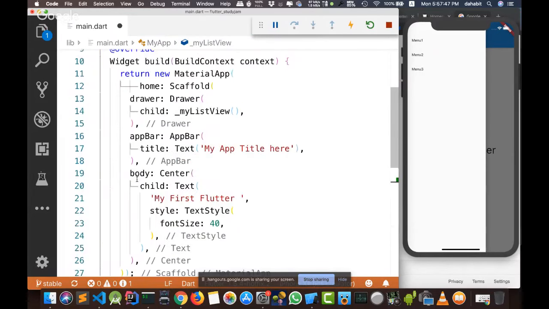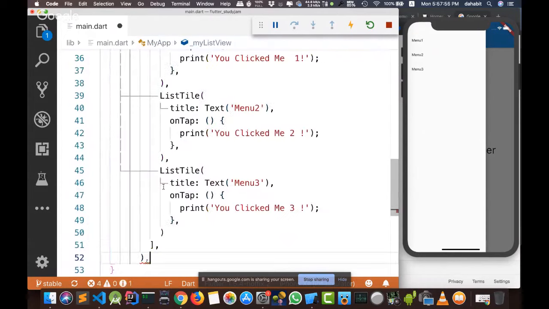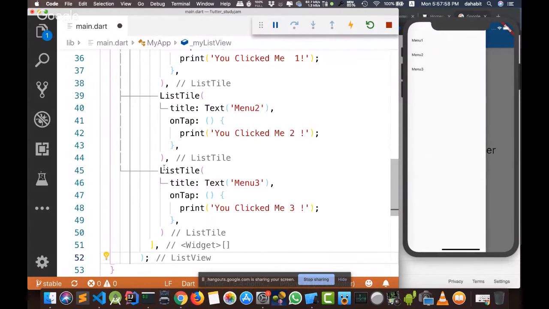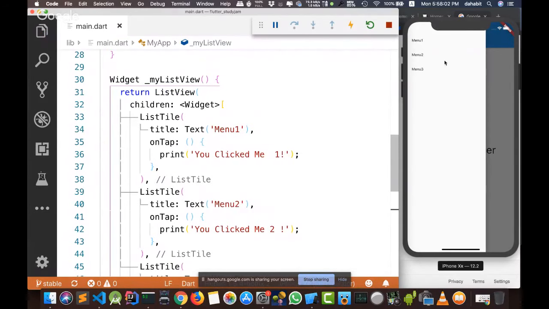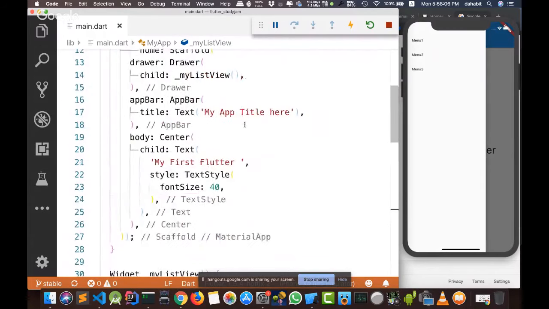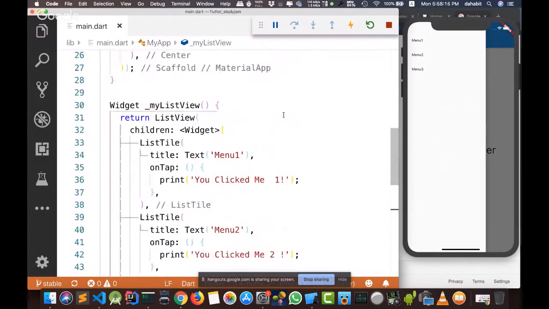And right here, if we came here, we'll find that the compiler is not displaying data, and I have to return something. I returned the same code that I was writing here inside my list view, and press save. As we can see, nothing changed. But the good thing now is that I extracted my list view, or we can name it a menu method or menu class. You can create it as a separate stateless class in a separate file.